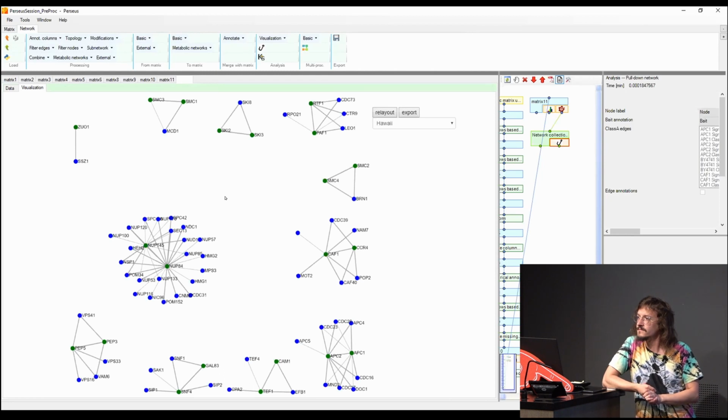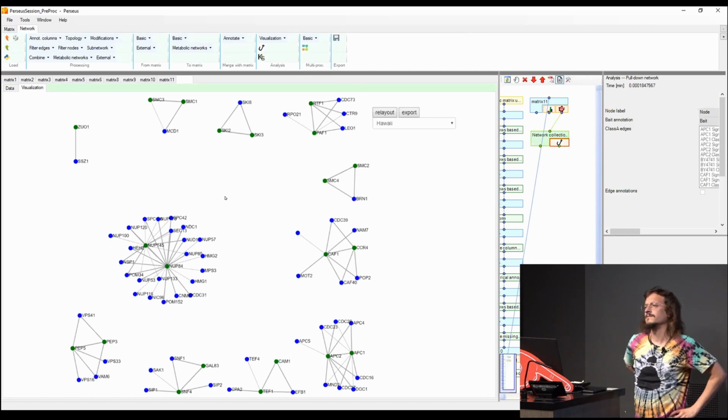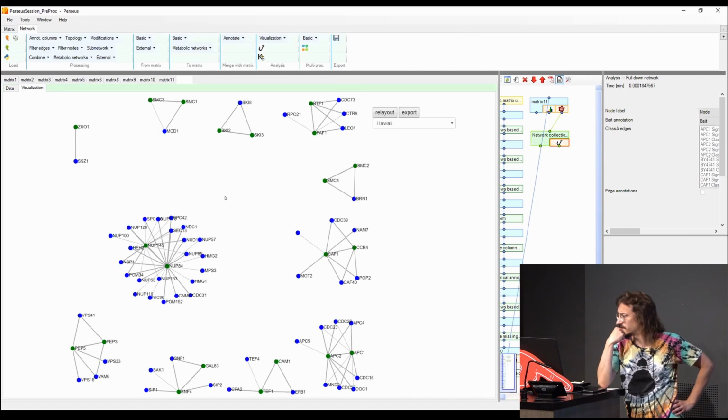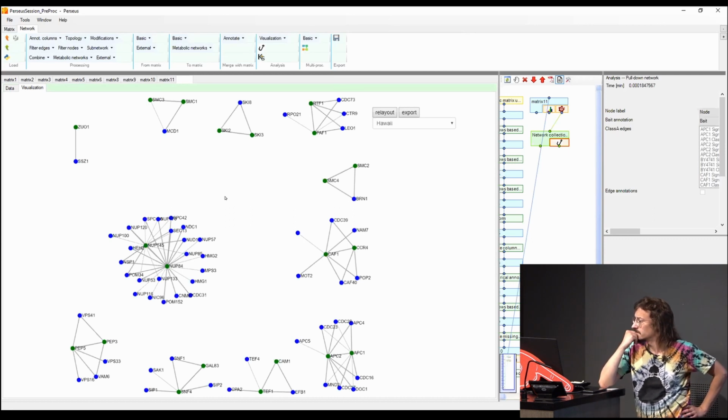Coming back to the issue of some interactions maybe not being as significant as others, you mentioned you could use the profile plot to check those interactions further to see if they were non-specific binders, or if they're maybe specific binders but there's not lots. So when creating the network, can you tell Perseus to take that into account, or is that something you have to do manually? No, you have to do that manually.